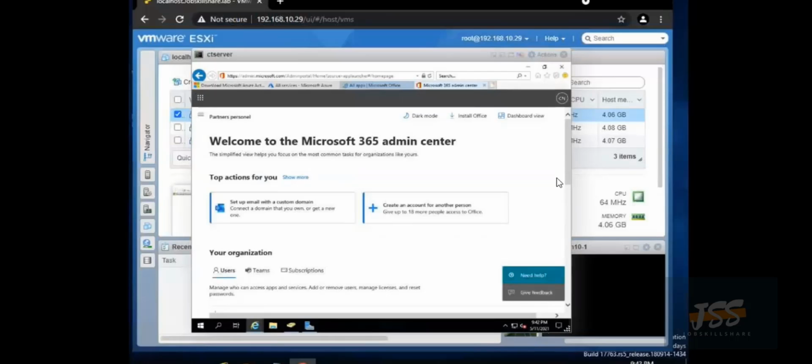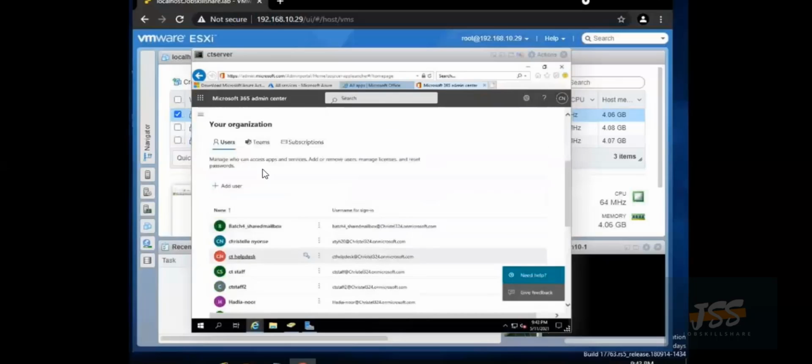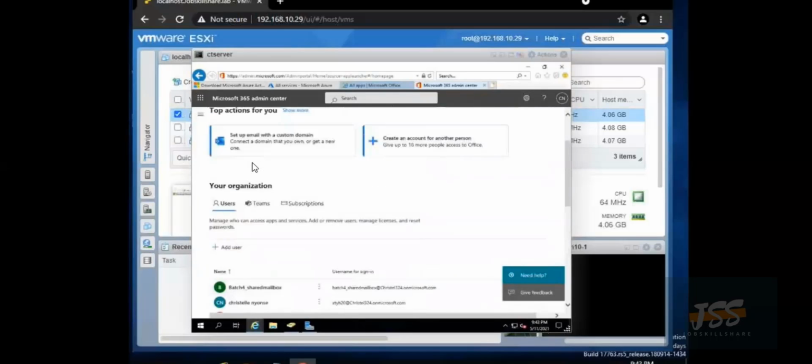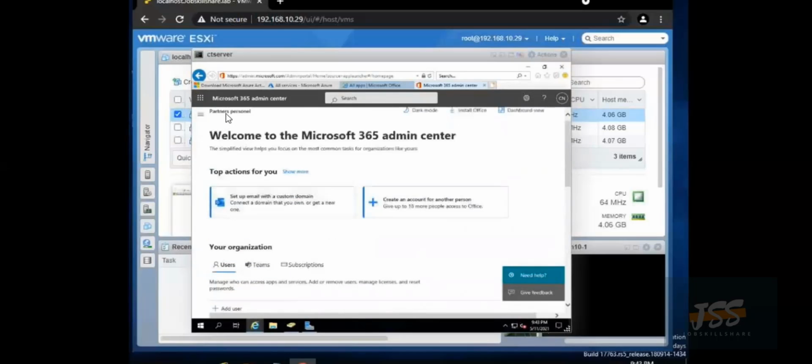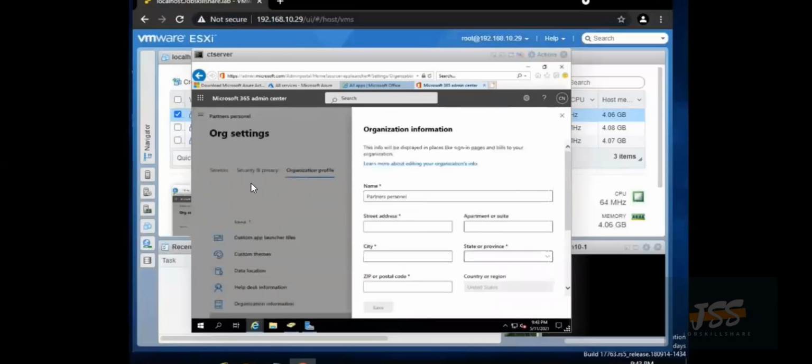Install. After installing the DHCP server,